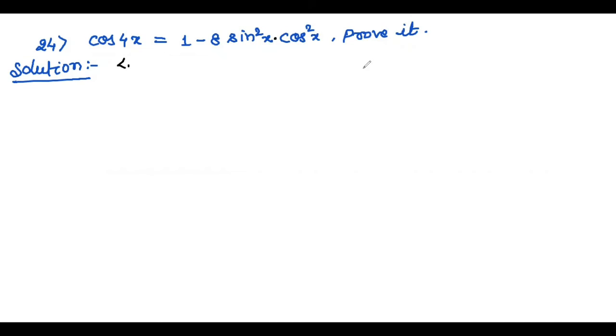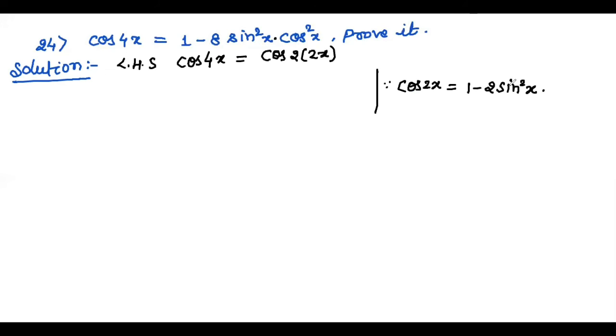Now we will apply the cos 2x formula. We have three formulas for cos 2x. Here we will use cos 2x equals 1 minus 2 sin square x. Why am I going to use this formula only? Because I have seen in the right hand side part that 1 minus a value is there. So it depends on the question which formula you have to use. So I'm using 1 minus 2 sin square, but in place of x, 2x is there.